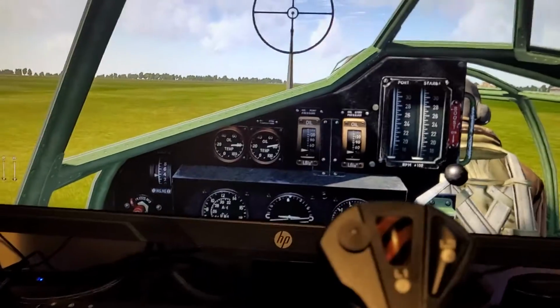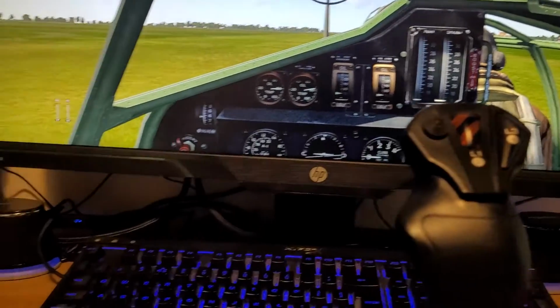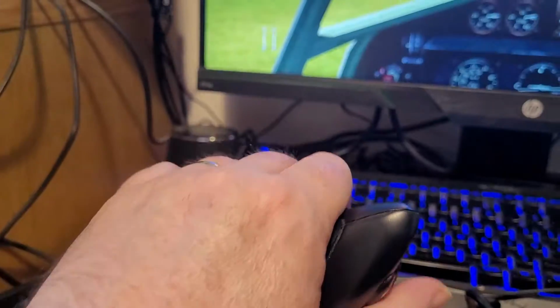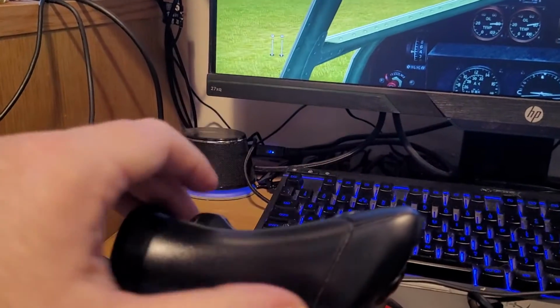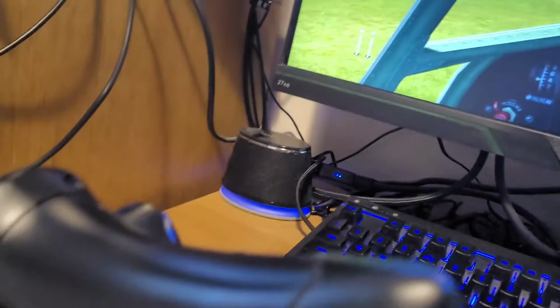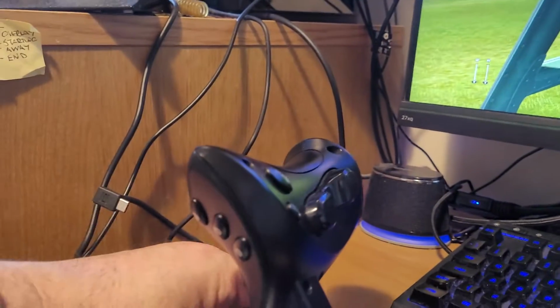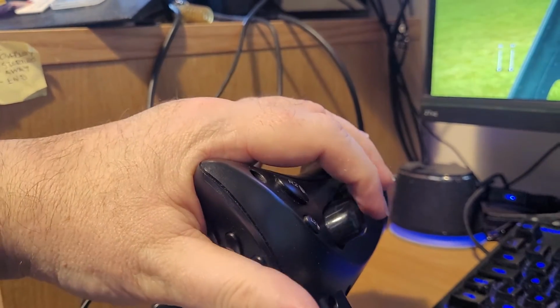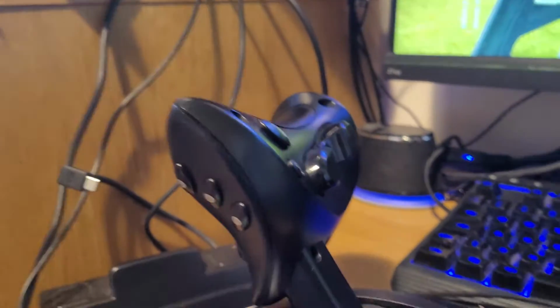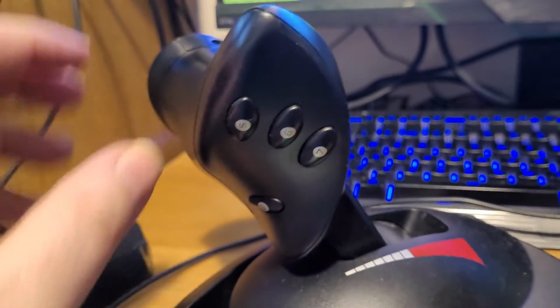So that's the joystick. And if we come over to the throttle, obviously we have throttle backwards and forwards to control the engine. Let's turn it around a bit so you can actually see. The rudder is on those paddles there. And then on the sides, I have